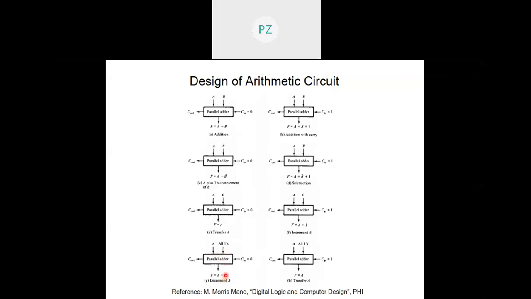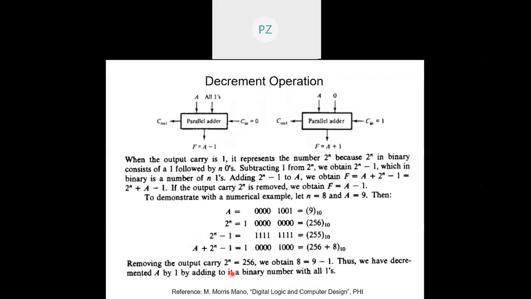You can take a few examples also. Take a 4-bit binary number, any 4-bit binary number arbitrarily, and to it add all ones and discard the carry. You will see that if you take all ones like 1, 1, 1, 1 and add 1, 1, 1, 1 to it, right? So you will get 1, 1, 1, 0, which is 14. So you started with 15 and you got 14. So it has become 1 less, which is decrementation. Let us prove it now.